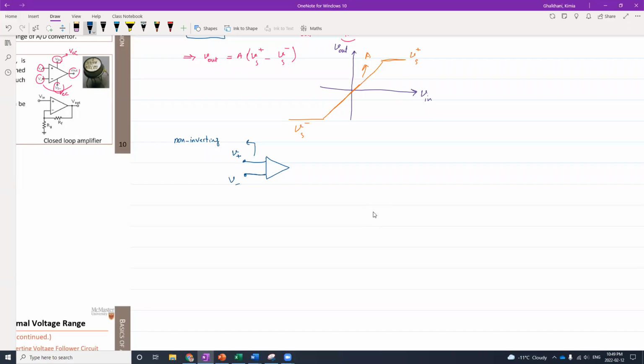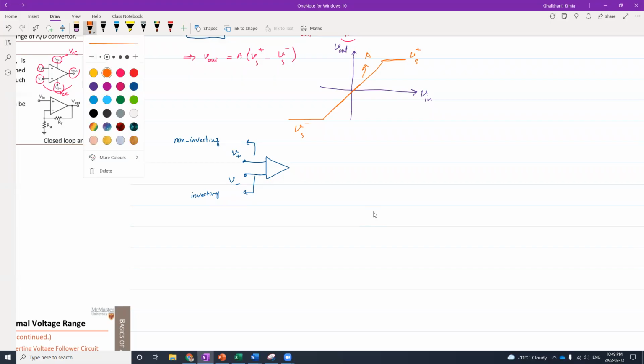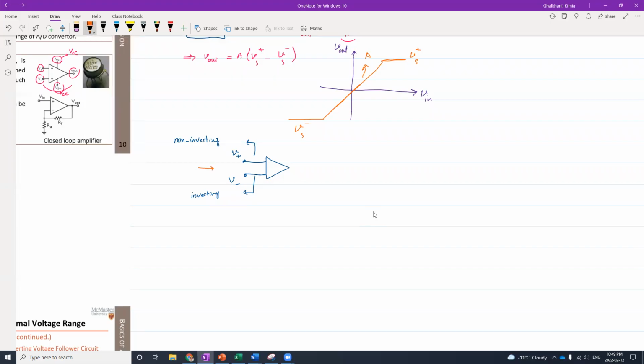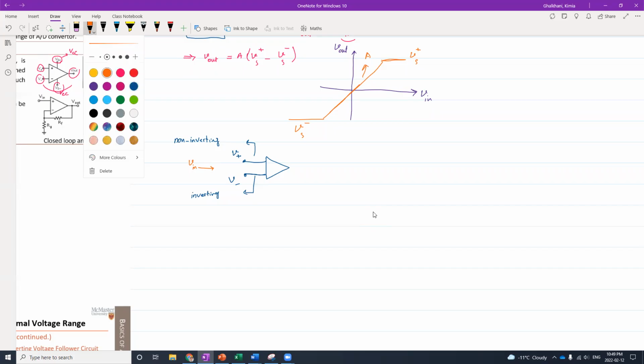And whatever is connected to the negative terminal is going to be the inverting, right? So now, if I have input voltage going from here, right? And I'm going to have the output going from here,